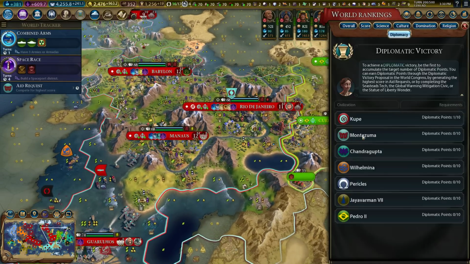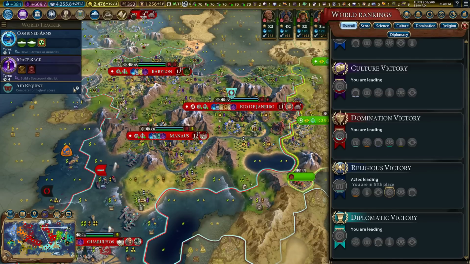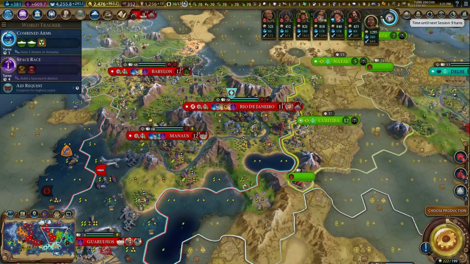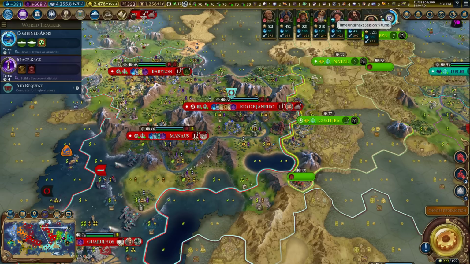I mean, what could be better is having more diplomatic points. Having only one. We're going to get one more in 7 turns. We have another session in 9 turns, so we have another chance here. If we win the aid request, which should be easy, and then if the session grants us a possibility, then we can get up to 4. But man, it's a tough one. It's a slow